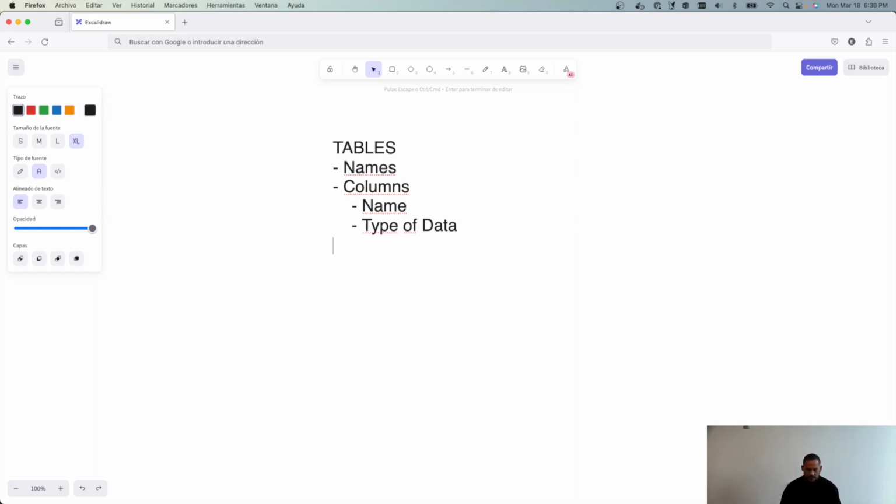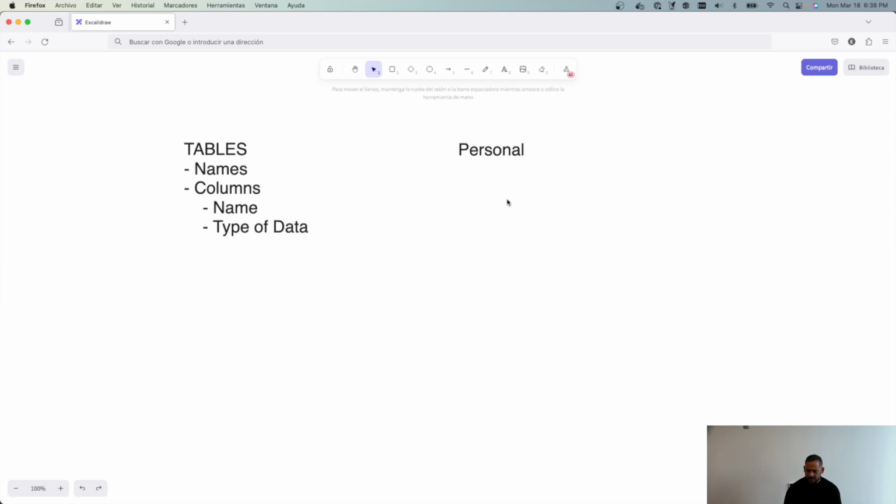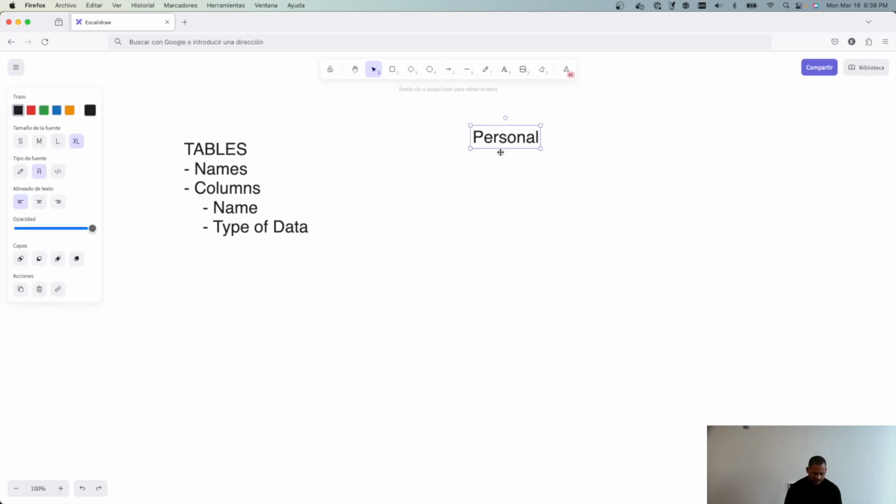Okay? Now, say you have a table that, for example, is the personnel table, right? We'll make an example here. Personnel in Spanish is personal, but in English is personnel as well? Perfect. Okay, so this table, and I will draw a table here,